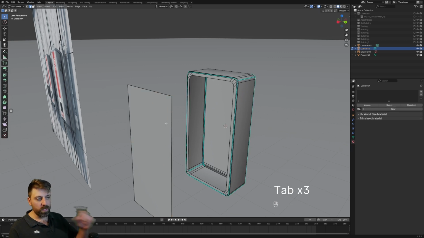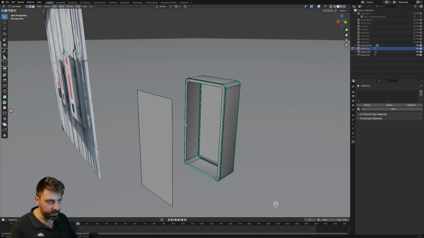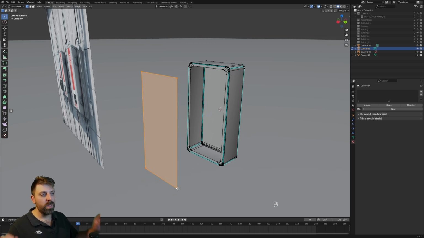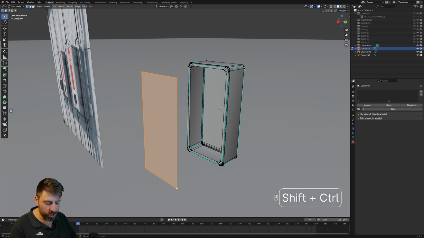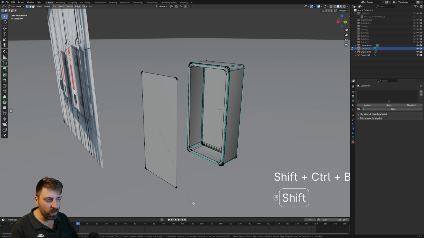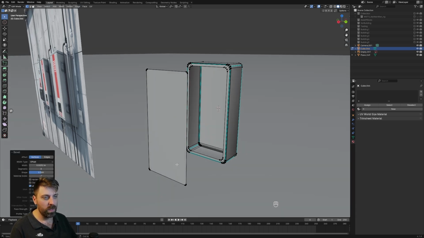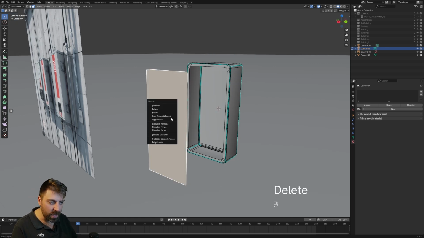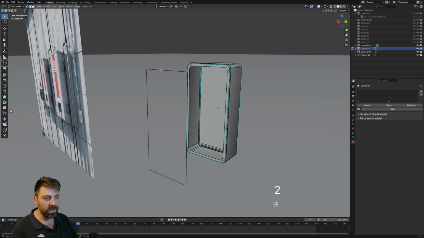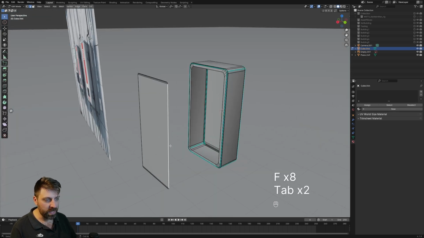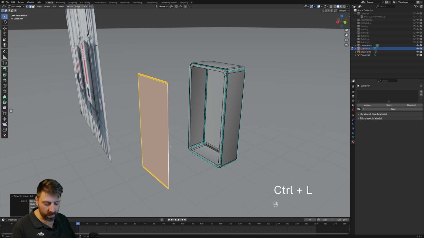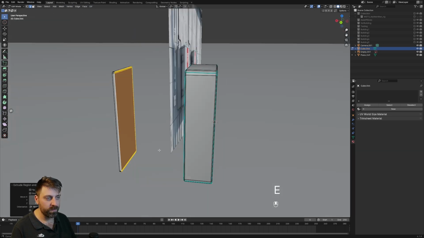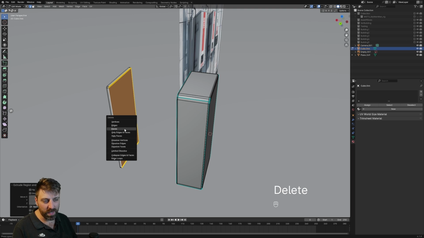Excellent. We will probably do the exact same thing on the door. So from here, I'm actually going to make the door not be the same radius as the walls. So I can do Control Shift B to bevel a vertex. There we go. That's great. However, we've got this giant n-gon now. I'm going to press delete, but only face. I only want to delete the face. Let's select this top edge. F, F, F, F, F, F, F, F, F, F. Nice. Excellent. From here, Control L to select everything that's linked. I'm going to do an E to extrude. Nice. And then I'm just going to delete the back face because we